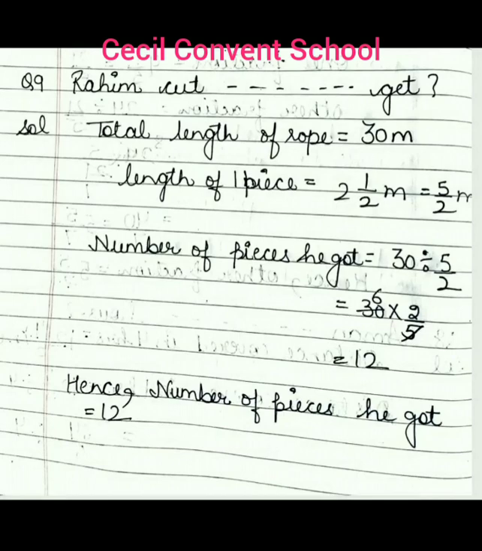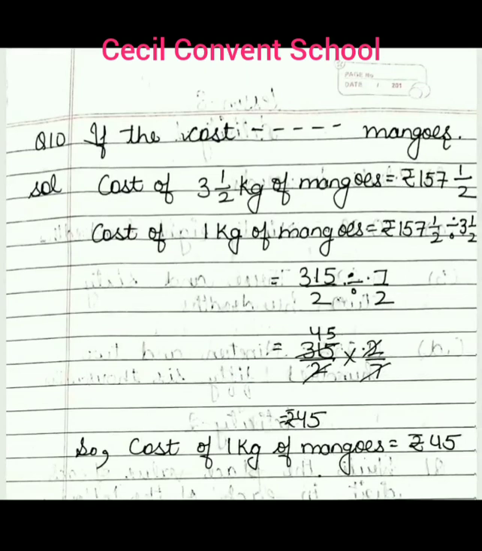Now students, we do the last question. Last question is: if the cost of 3 1 by 2 kgs of mango is rupees 157 1 by 2, so the first line we take from the statement only. Cost of 3 1 by 2 kg of mangoes is equal to rupees 157 1 by 2, and you have to find the cost of 1 kg of mangoes. So you write, cost of 1 kg of mangoes is equal to rupees 157 1 by 2 divided by 3